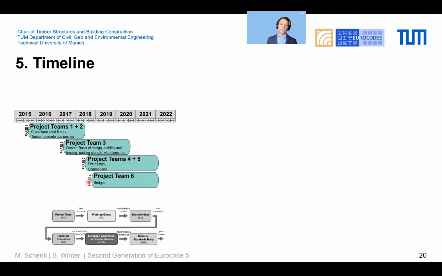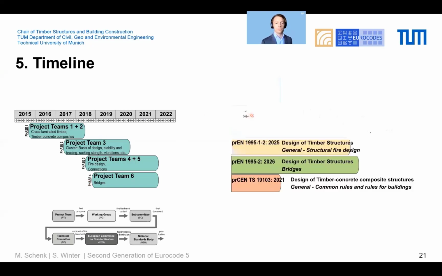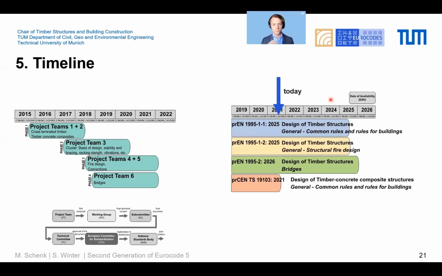After the PT is ending, the drafts are developed further as presented before. The whole process for subcommittee 5 documents will be finished as follows. EN 1995-1-1 and EN 1995-1-2 will be available in September 2025. EN 1995-2 in February 2026. The CEN TS on timber composites is right now under finalization and will be available already in September of this year. The technical report on bonded-in rods and the execution draft are on mandated work, and the timeline has not yet been determined. That's why they aren't shown here on screen.